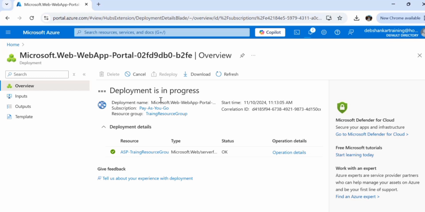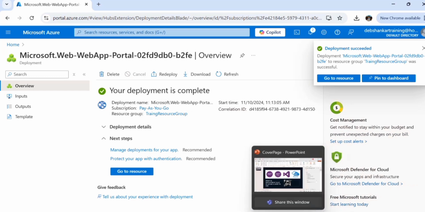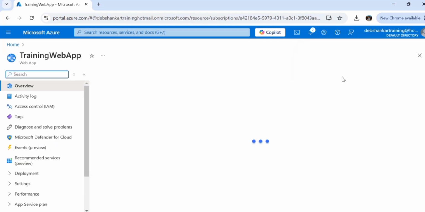Once this deployment is done, that means our web app is ready. Once our web app is ready, you can see deployment has succeeded. So we can go to the resource from here, or